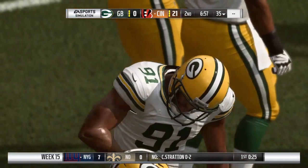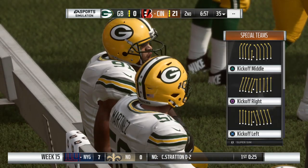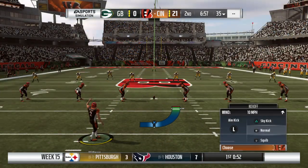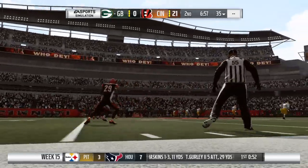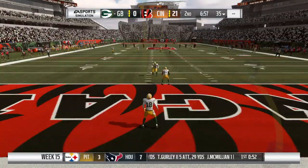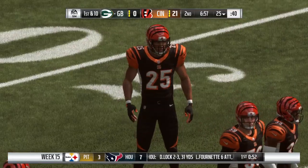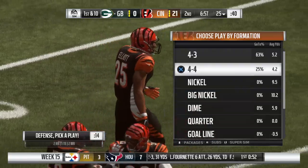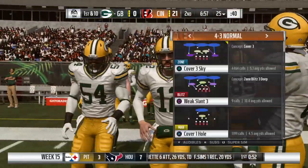A drive that time of 6 plays. And it all culminated in the touchdown run coming from Joe Mixon. Out is the kickoff unit as they run up and send this one away. And that'll carry over the back line of the end zone for a touchback. Now come the Packers for their next drive as we take a look at the playoff race in the NFC